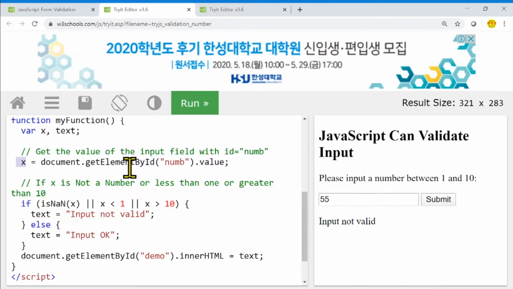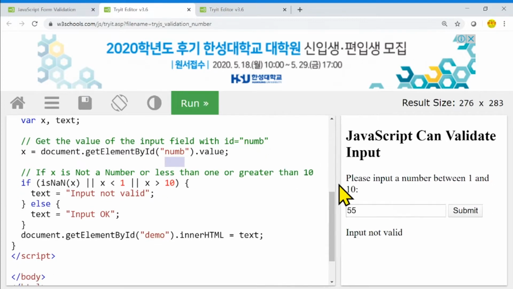We are using the getElementById method, and numb is the name for that ID. And if x is not a number, or less than 1, or greater than 10, that can be checked with this if statement. It's not a number, or x is below 1, or x is above 10,